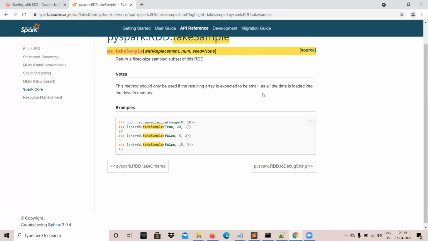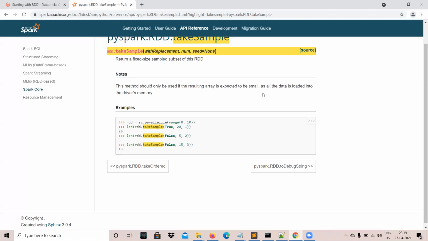The driver, or the supervisor, will just supervise it. It will assign these tasks to different executors to get executed, and keep track of whether they are finished. If one is finished, it assigns a new task to the same executor. If a task failed, it handles how to restart that task on another machine or another executor. All these things happen in the backend by the supervisor, or the driver, which we call the driver program. And the worker program is doing the actual transformation. You're applying map, filter and all this. This actual transformation is done through the worker programs.